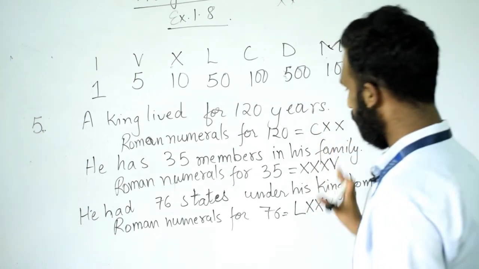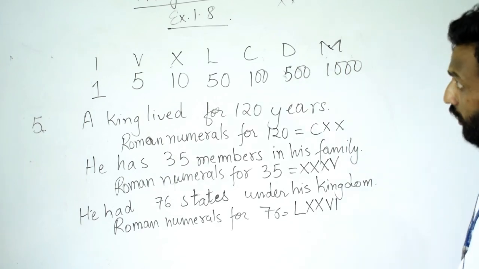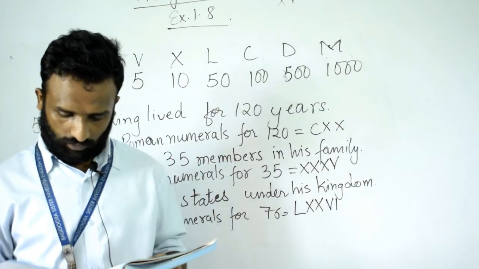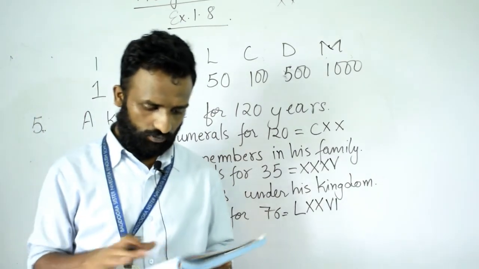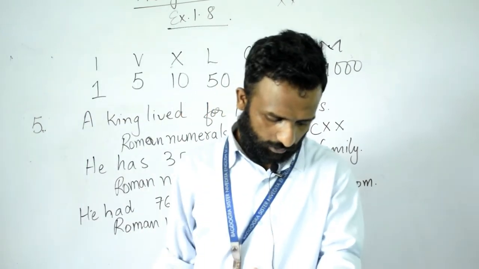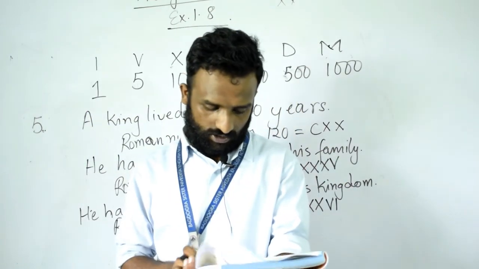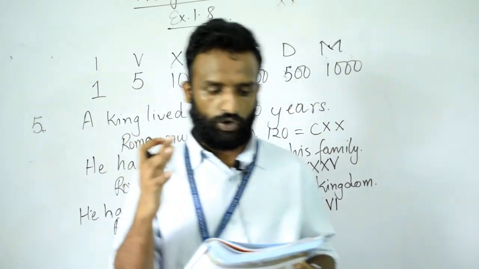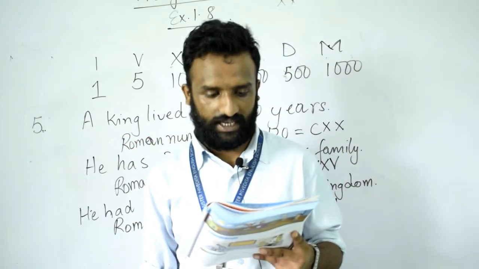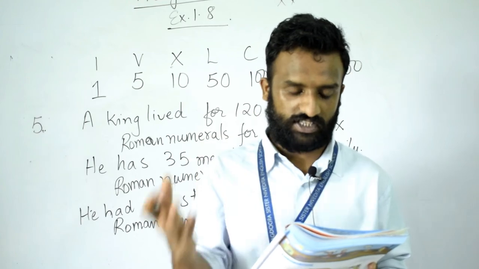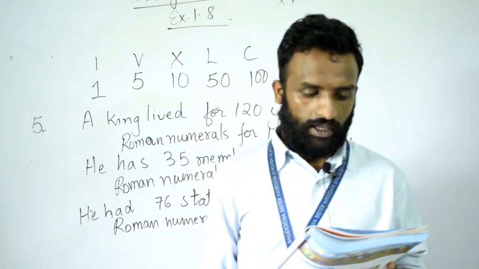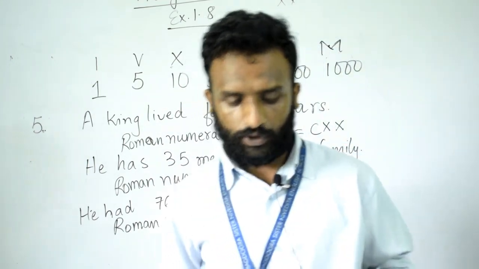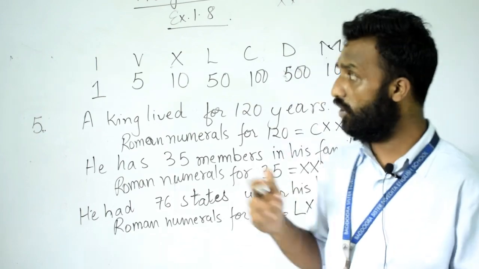It is given in Hindu-Arabic and you write the Roman numericals. So I have completed the questions from exercises 1.7 and 1.8. From exercise 1.8 we did question number 1, A, F, G, H. The remaining questions in the book, practice and do as homework. For question 2 we did parts A and H. The remaining sub-questions, do as your homework. Question 3 I did A; B, C, D, E you do as your homework, and 4 and 5 I did. The remaining questions, do as homework and practice.